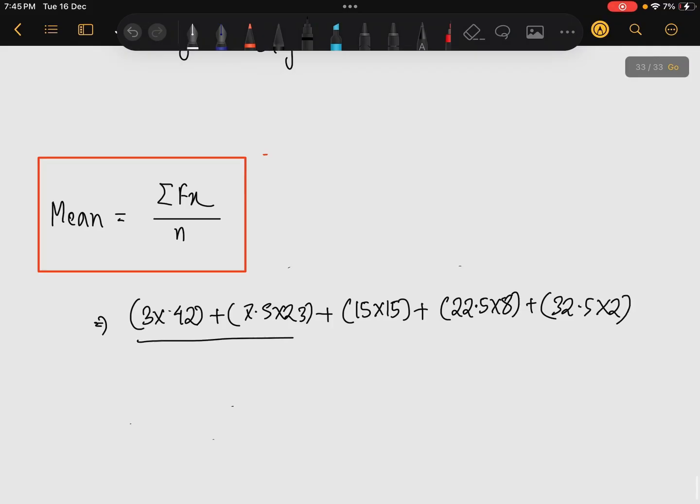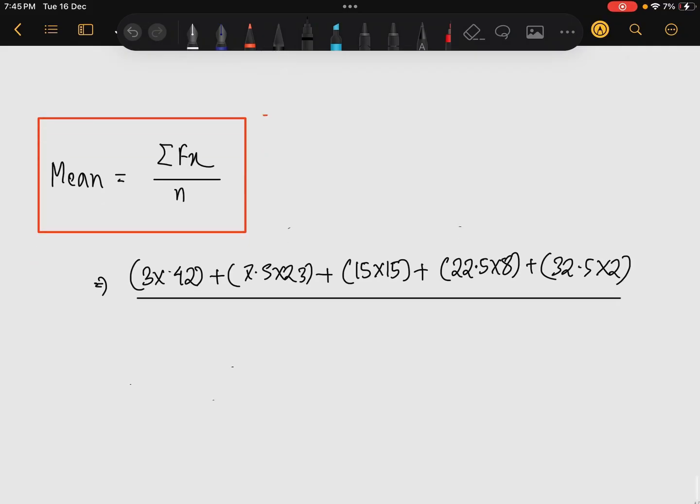And then you divide this entire thing by 90 because the total number of trains is 90. All right, so 3 into 42 plus 7.5 into 23 plus 15 into 15 plus 22.5 into 8 plus 32.5 into 2 gives us 768.5 by 90. And if you divide this by 90, you're going to get